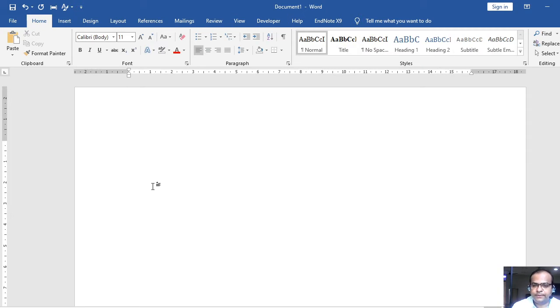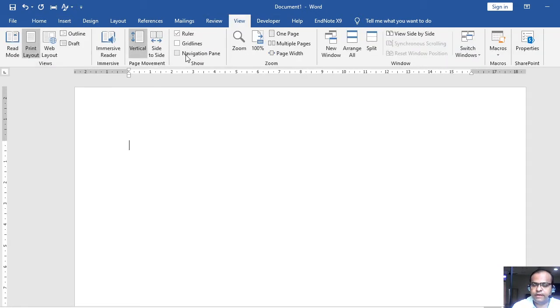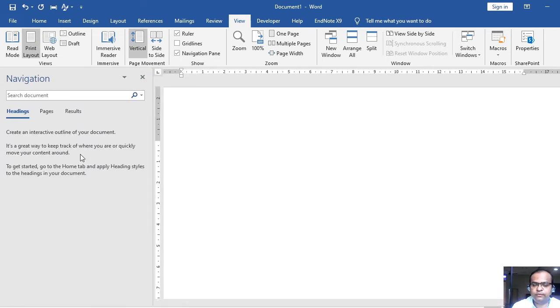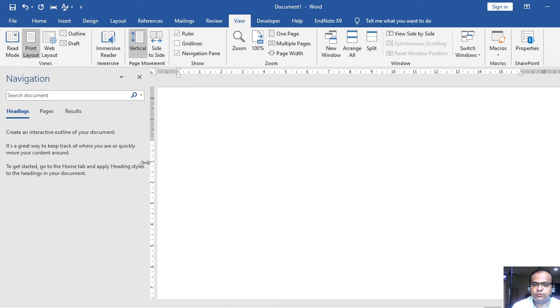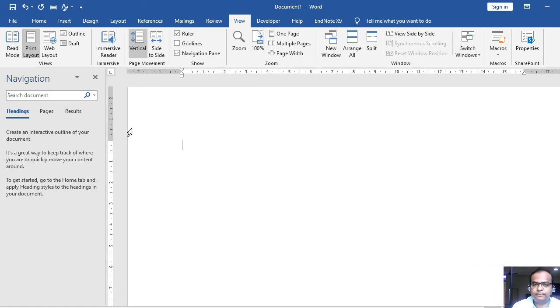Before that, I suggest to enable a feature called the navigation pane. You may find this option in the View section. If you just click View, you will find one option called navigation pane, so just enable it, and by doing it you may find a new left-hand side panel.